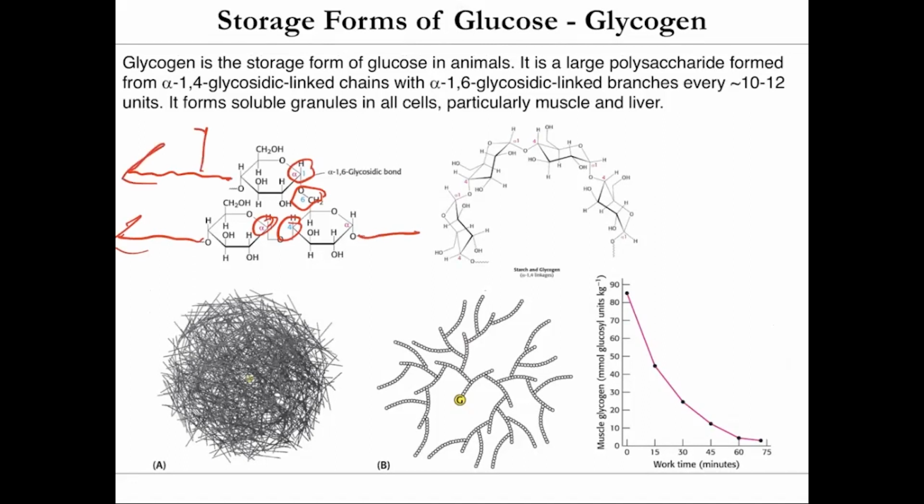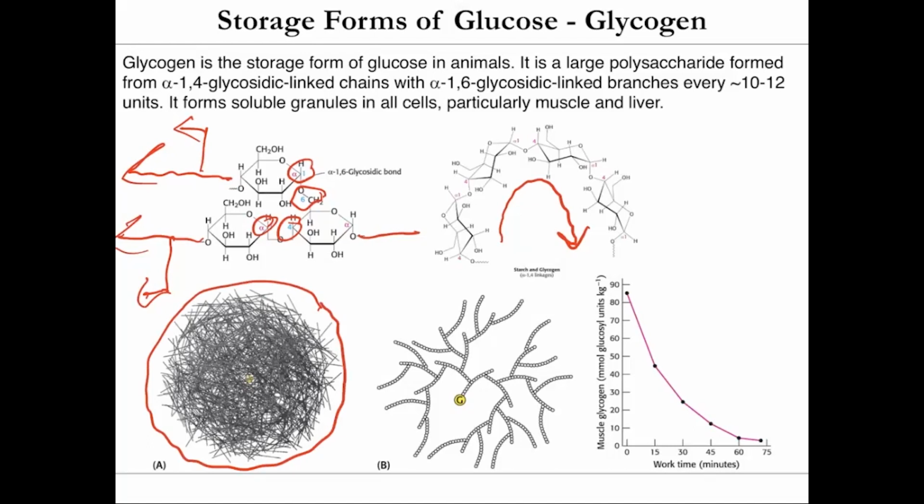And then there'd be another branch at 10 to 11 units, another branch every 10 to 11 units. It actually does form sort of a helical structure when you're looking at it in 3 dimensions, but that's not super important. The one thing that's really important is that glycogen is a soluble form of a glucose polymer. So it makes these soluble granules, which can be visualized like this or visualized like this with the individual glucose